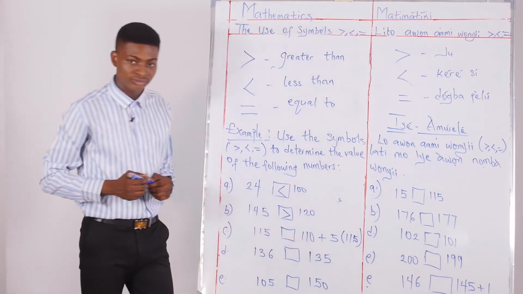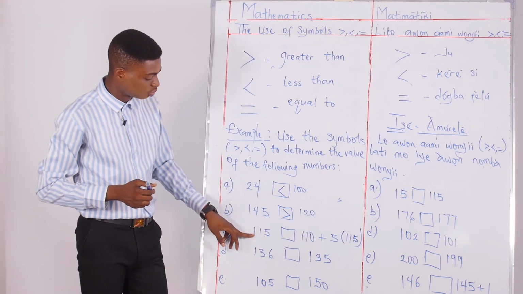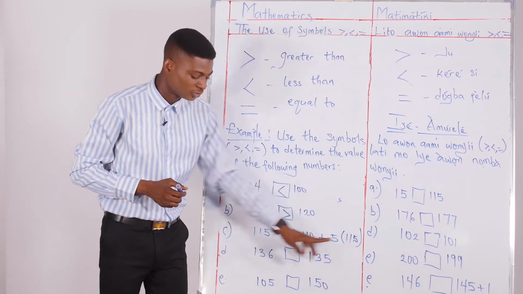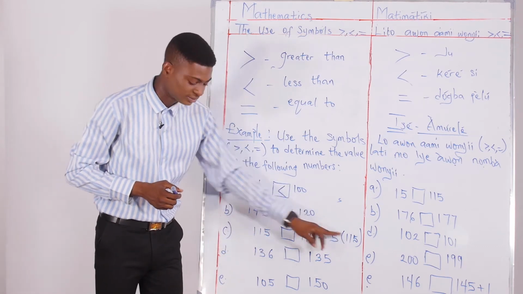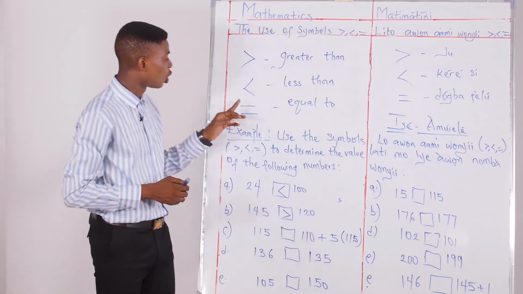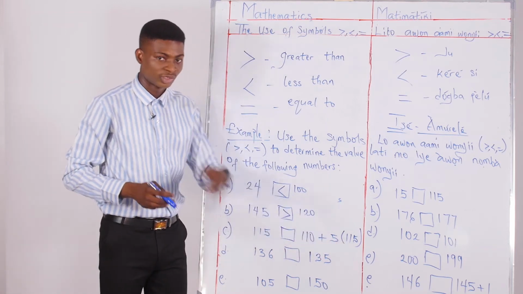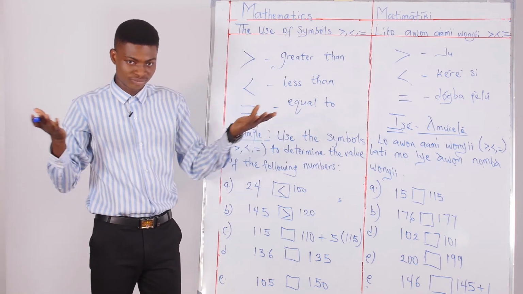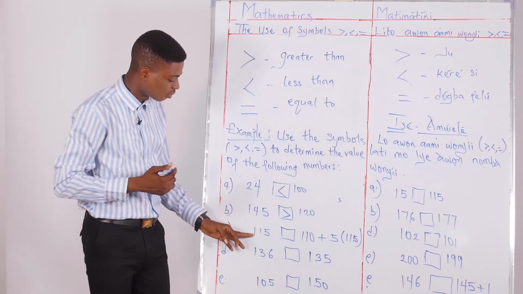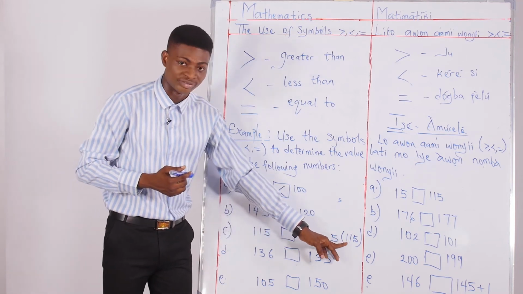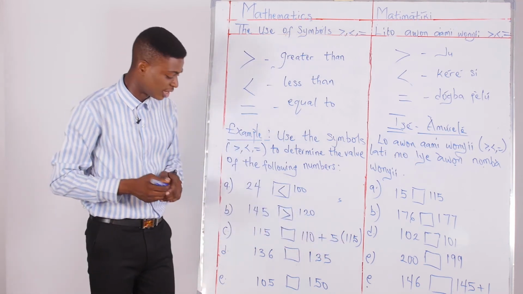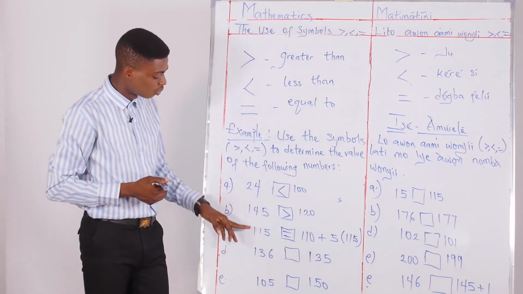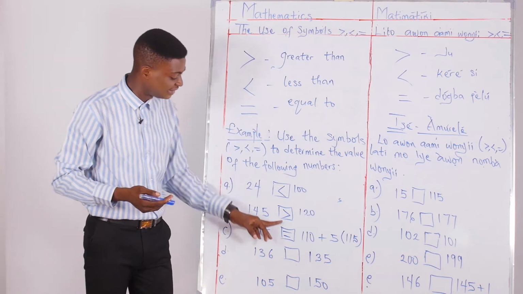115. So you now check. This is 115. This one too is 115. So is this one greater than this, less than this, or equal to this? Don't forget that when I wanted to talk about equal to, I said 4 books, equal to each other. Now, 115, 115. The symbol you'll be making use of here is the equal to sign. Meaning 115 is equal to